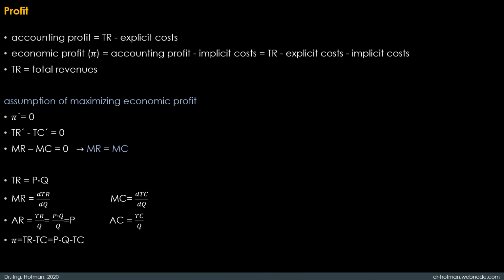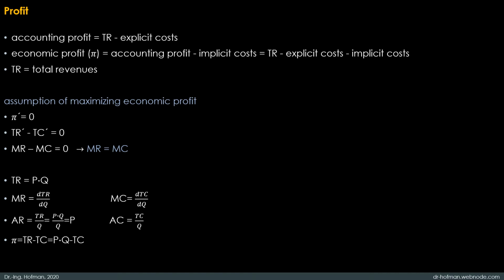We have to distinguish between accounting profit and economic profit. In accounting, you just take total revenues minus explicit costs, and you will get the accounting profit, normally for a year. In economics, we need a little bit more. The accounting profit is the part TR, total revenues minus explicit costs, and then we also subtract implicit